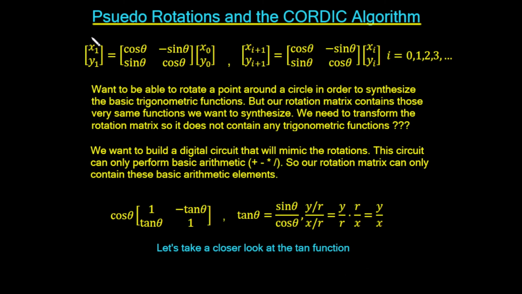Now I've rewritten the rotation matrix here. We put in our value for our x0 and y0, so these are just the points on a circle, and this is the x coordinate of a point and y coordinate of a point. Now in order to rotate that point round to a new point x1, y1, we multiply it by this rotation